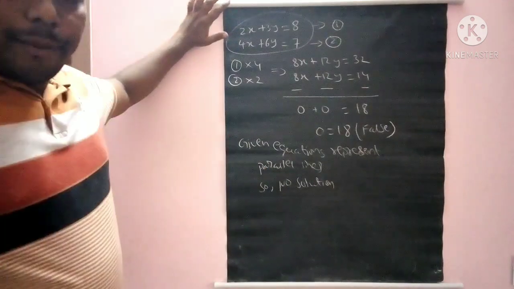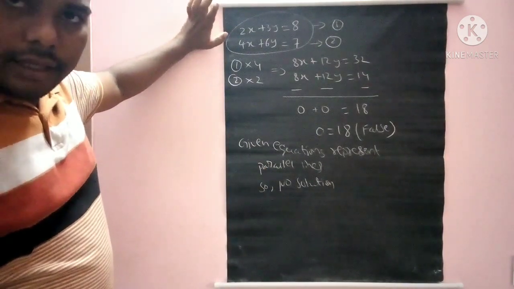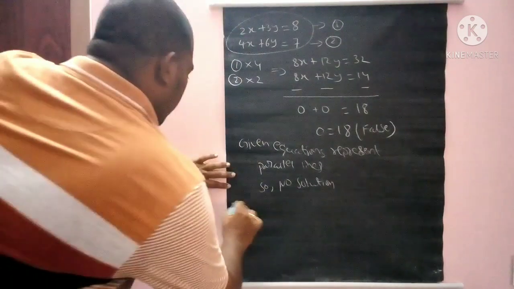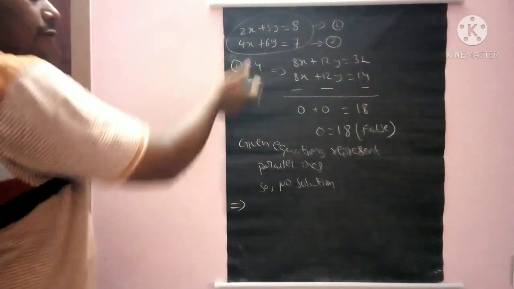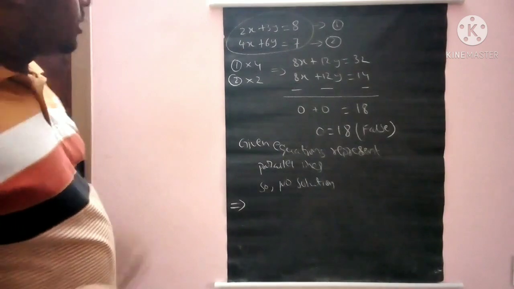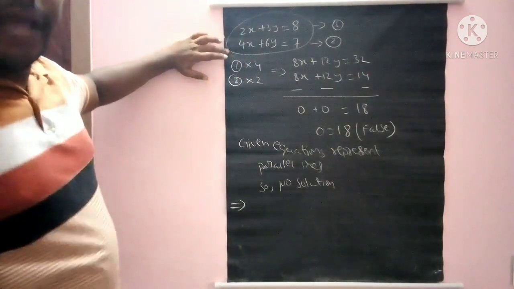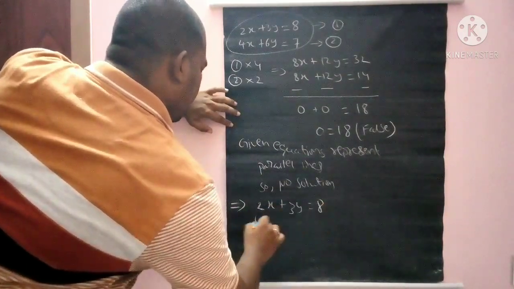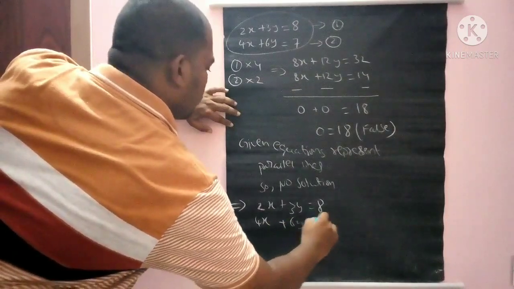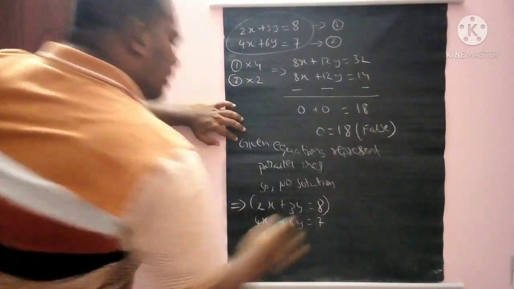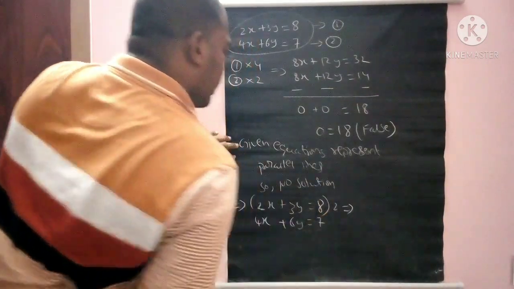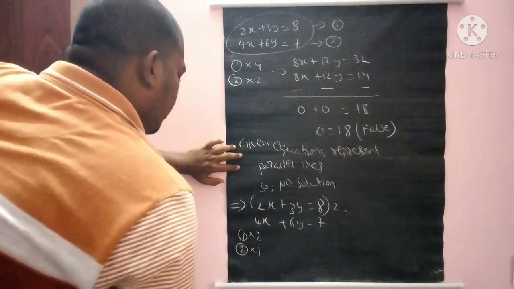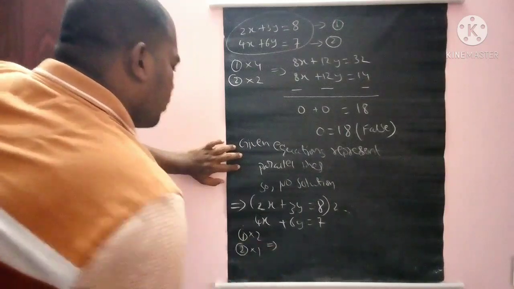Remember, the first statement itself says you should multiply the equations with some non-zero constant to make the coefficients equal. So there is no need to follow it like this every time. It is not a rule that every time you need to multiply like this. You should make the coefficients equal. So for example, 2x plus 3y equals 8, the same thing I will take, and 4x plus 6y equals 7. Suppose I multiply only the first equation with 2, what result will we get? That means equation 1 into 2, and equation 2 I am multiplying with 1, we can assume.